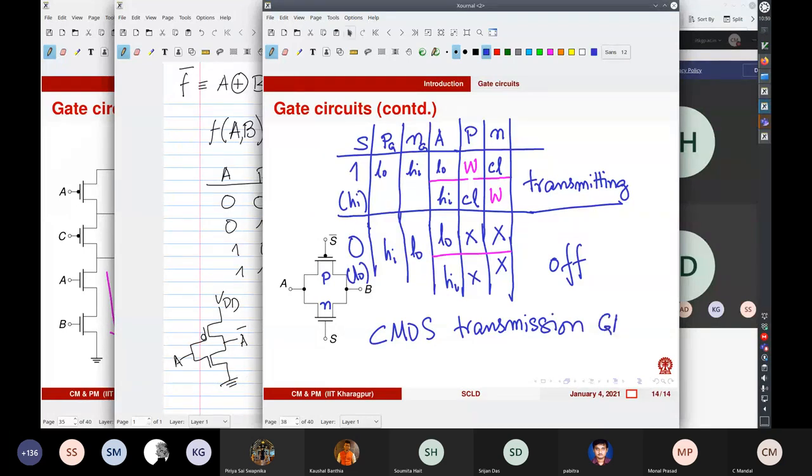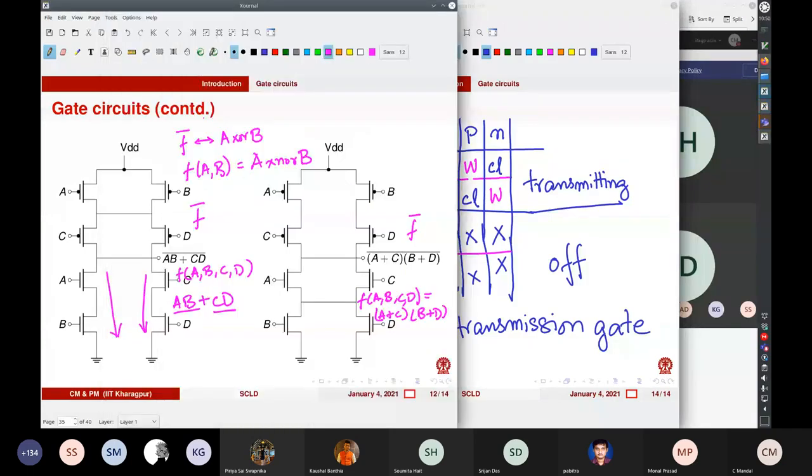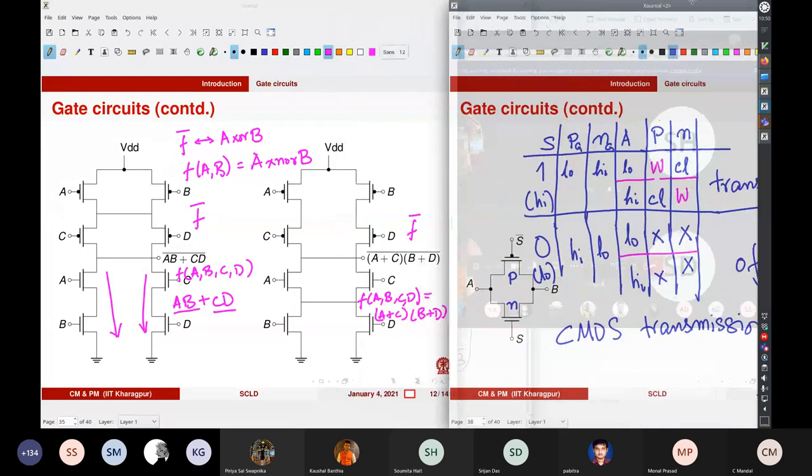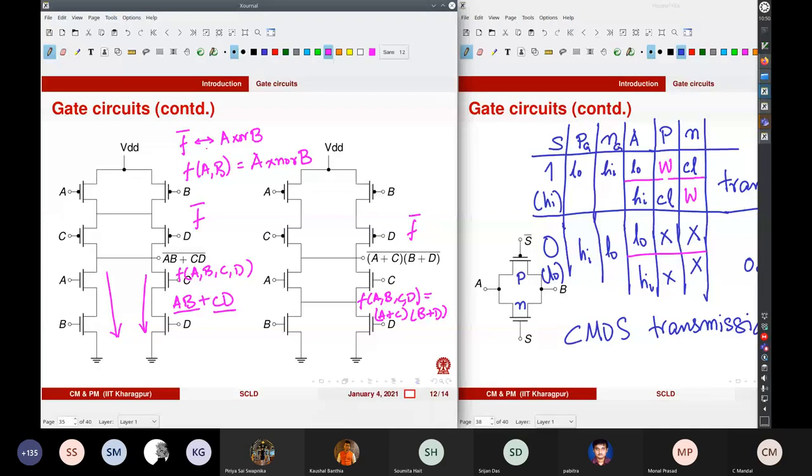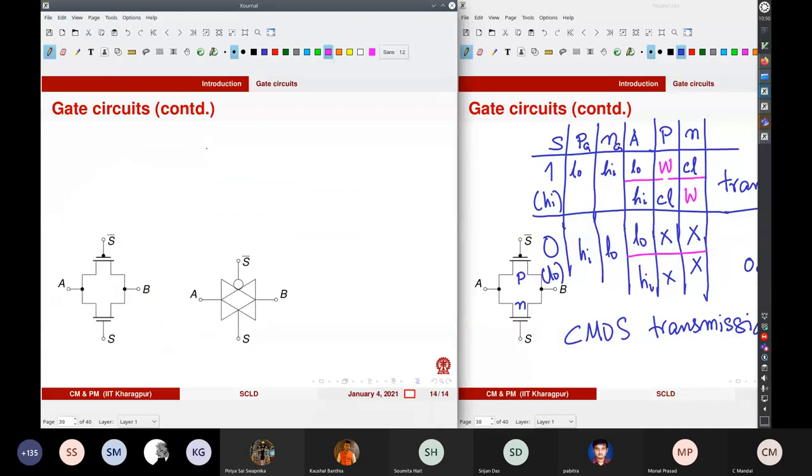Or I'll just write it that way. It is called a CMOS transmission gate. So that is how this CMOS transmission gate works. All right. So let us just go on, and this is the symbol for the CMOS